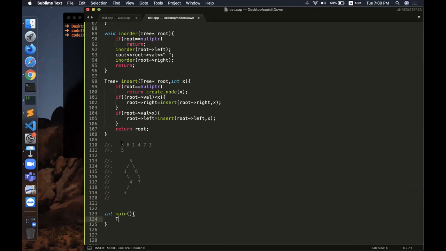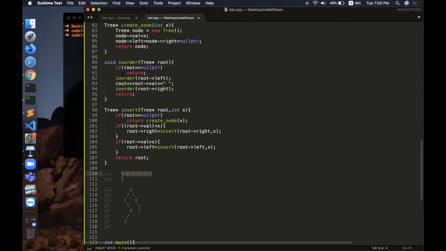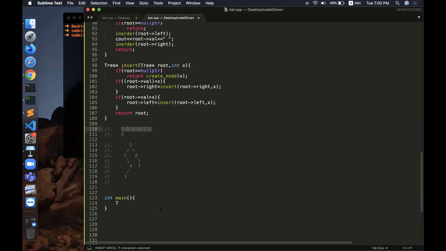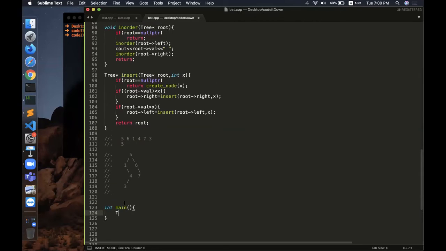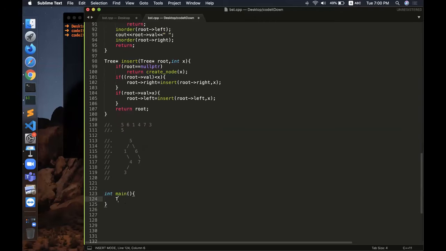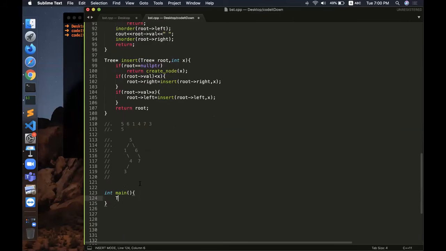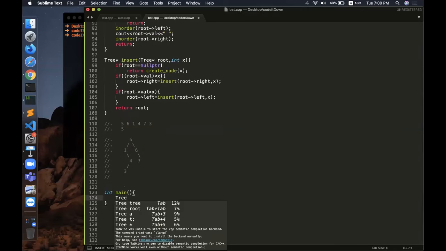If my array looks something like this, and I insert these values into a binary search tree and then simply do the in order traversal, then it should be increasing. So one way to check if my algorithm is correct or not is to simply print the in order traversal. If it is increasing, then my algorithm is correct, meaning I have coded all the things correctly. So let us quickly do that.